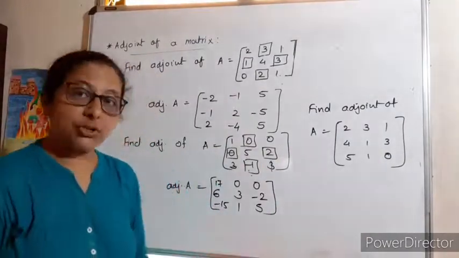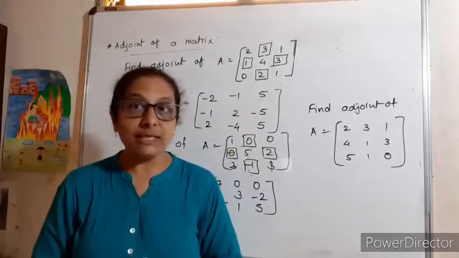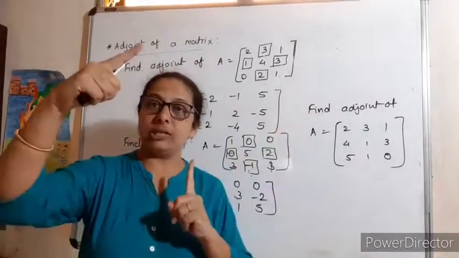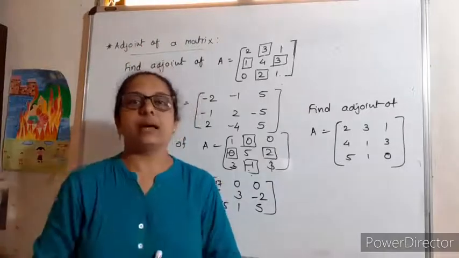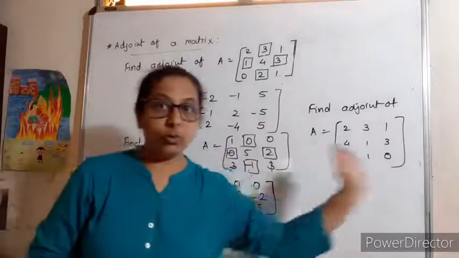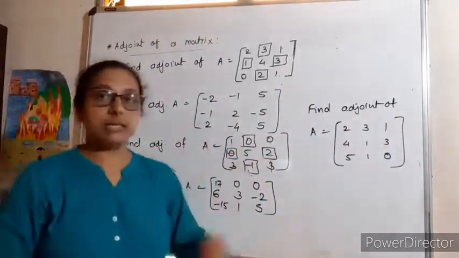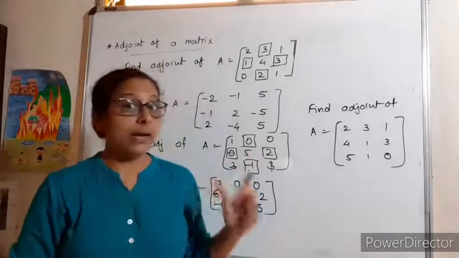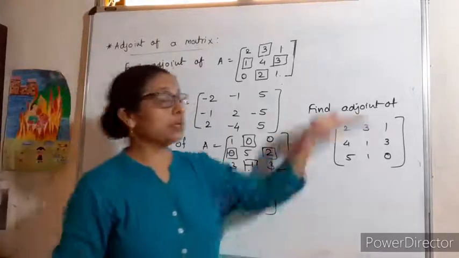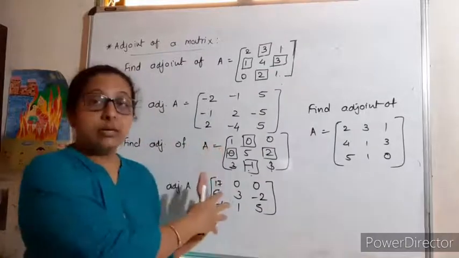So, how to find the adjoint of 2 by 2 and 3 by 3? For a 2 by 2 matrix, it is very easy, you know. You just interchange the principal diagonal and change the sign of the secondary diagonal only. Now, for the 3 by 3 matrix, go through row wise, write down column wise. These are the 4 places where you change the sign, and make practice to write it directly. Because it is very time consuming when we write all 9 cofactors and arrange them column wise.